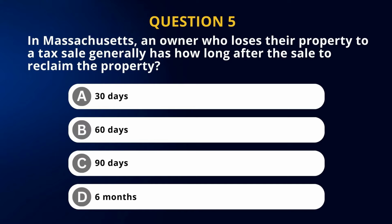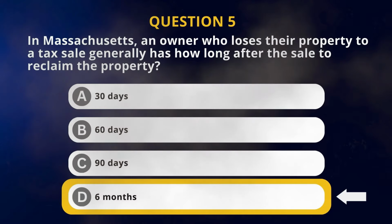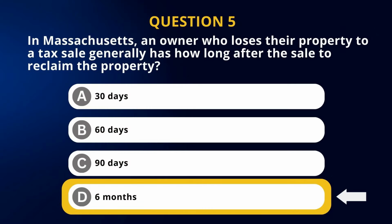And the answer is letter D, 6 months. Okay, so in courses you learn in Massachusetts, there are tax sale rules and regulations, and the 6-month thing that we learn about is the 6-month statutory right of redemption. It's a right to redeem the property 6 months after the tax sale has occurred, so long as the delinquent